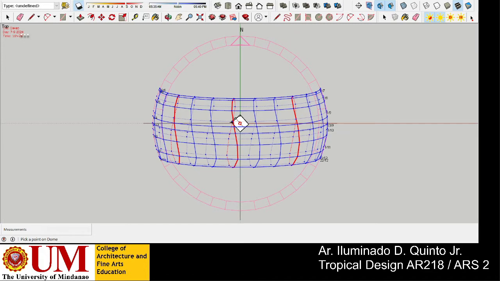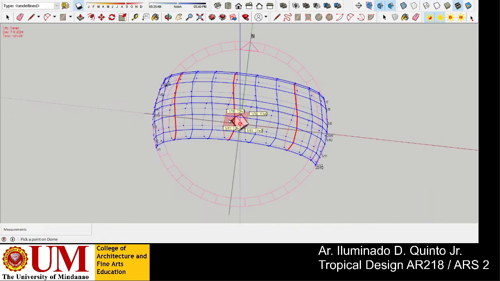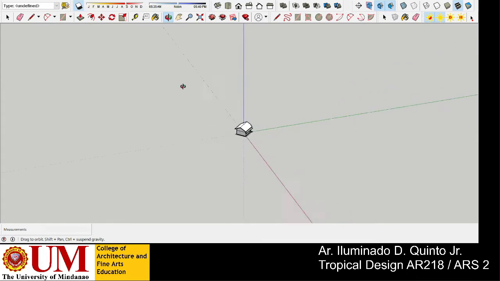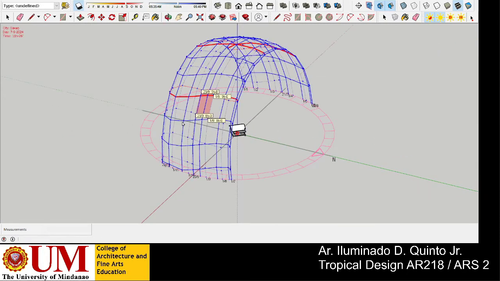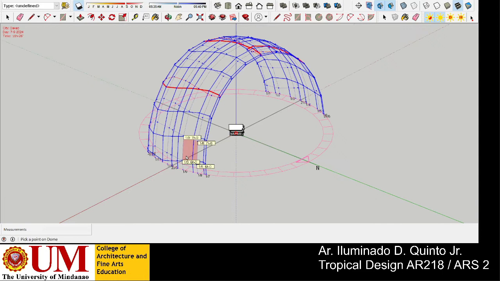But anyway, what you see on the screen is something familiar to you. This is the top view of the solar chart with a small building there at the center. In reality, this kind of dome is really huge. The dome is not a small dome like this. You can imagine that this dome can be like that, but the house is